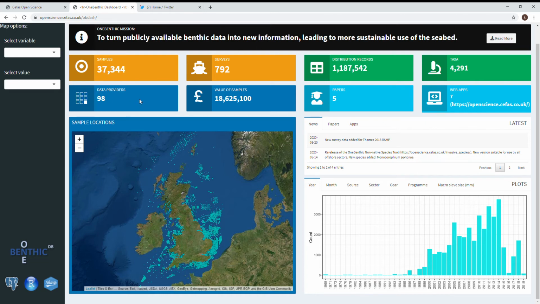The dashboard itself gives you an understanding of the number of samples that are in the database, the number of surveys, how many distribution records we have, how many taxa, how many data providers are contributing to the initiative, the value of the samples. This is based on the sample processing costs for a macrofauna sample and a sediment sample, so it doesn't take into account the fieldwork costs. There's also